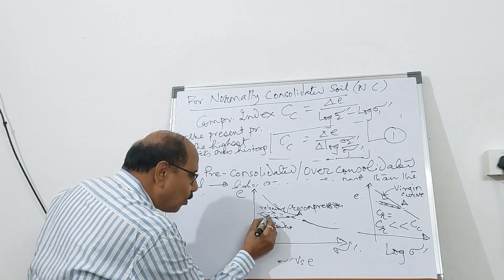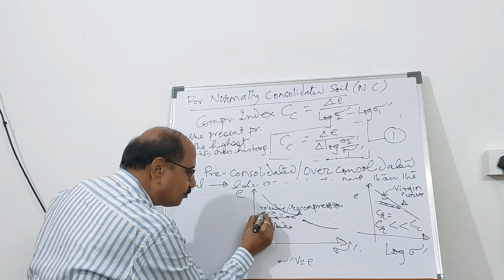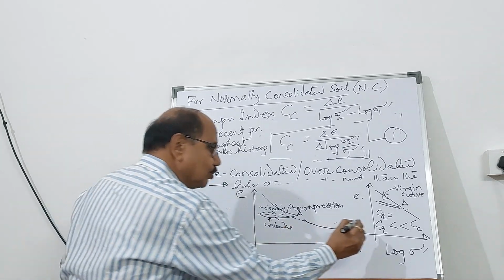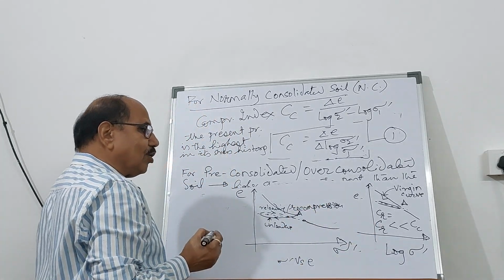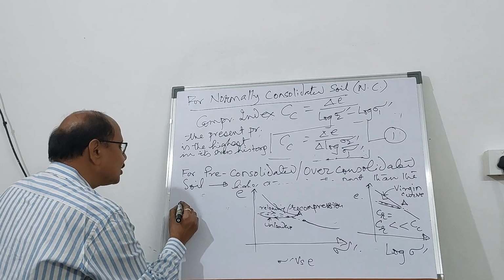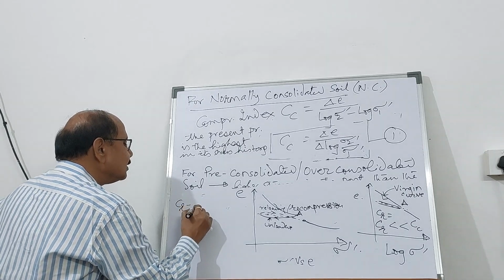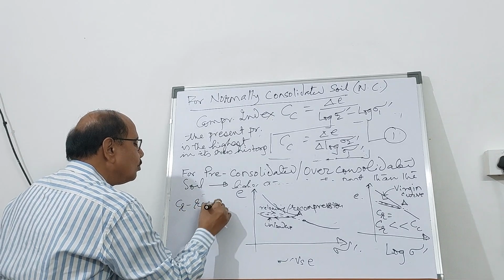Therefore, the slope of this line is the recompression index. So Cr is called the recompression index,